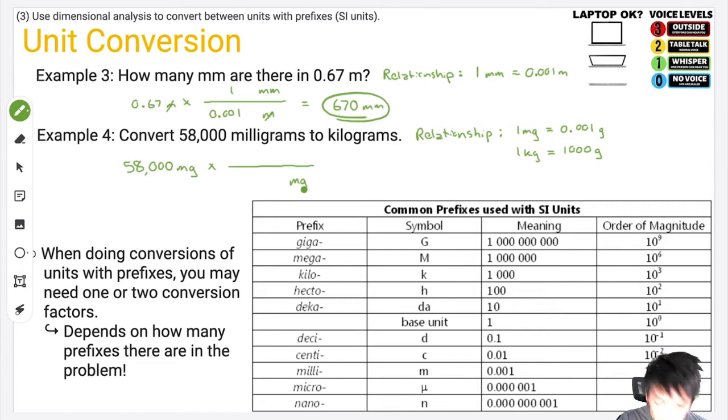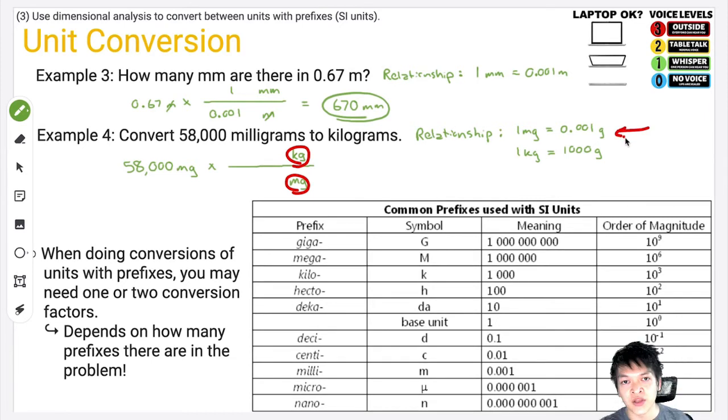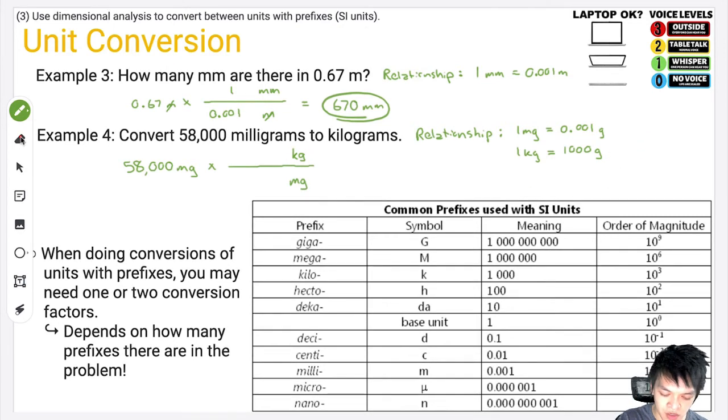Now, this is the wrong thing. I'm going to write kilograms up here, but I'm going to notice, hey, milligrams and kilograms, is there a relationship that can convert between milligrams and kilograms? Well, this first one up here converts between milligrams and grams, and the second one converts between kilograms and grams. So no, there is no relationship that can directly go from milligrams to kilograms. So what do we do? I don't write kilograms up here, but just like the domino things that we were playing with,